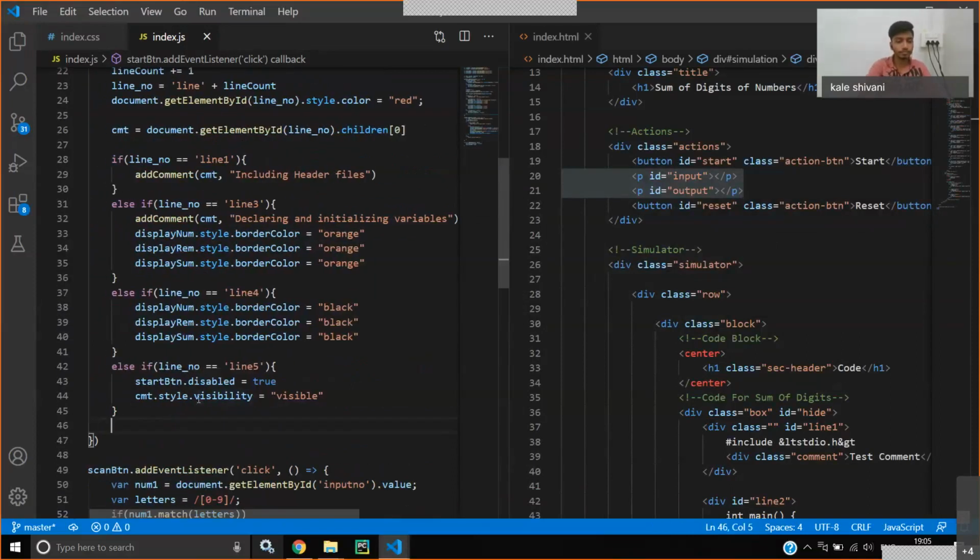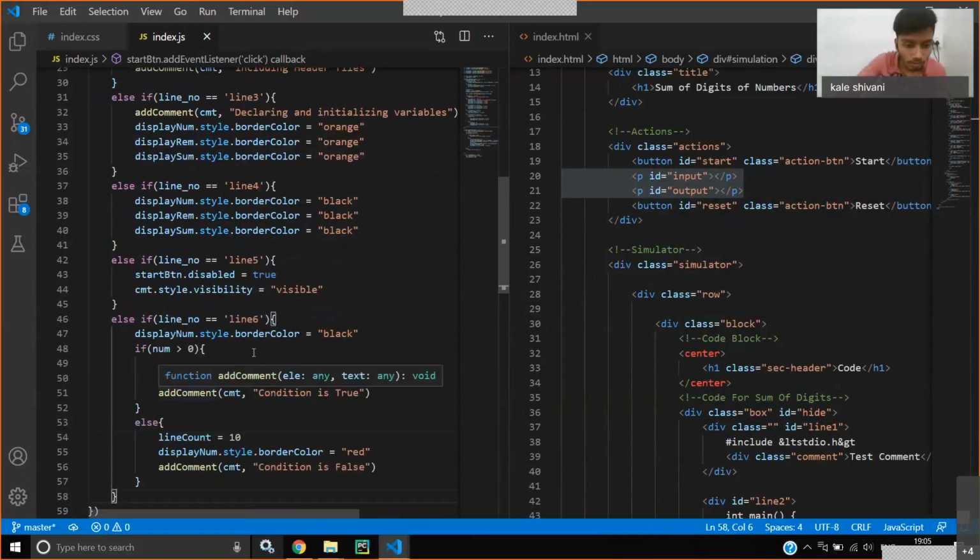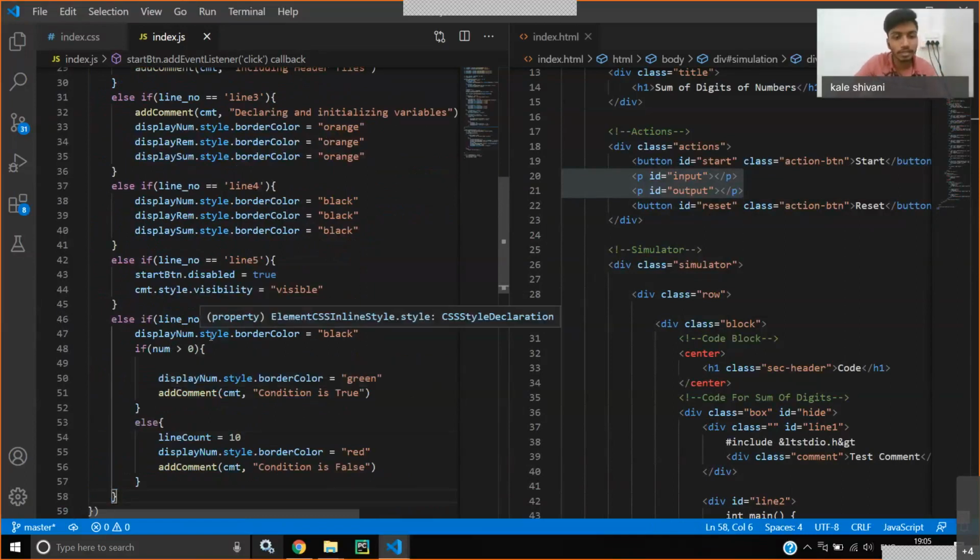So now what we are doing is we'll first change the border color of the number to black, and then we are checking if the number is greater than 0 or not. If it is, we will change the border color to green to indicate that our condition is true, and we are adding a comment that says condition is true.